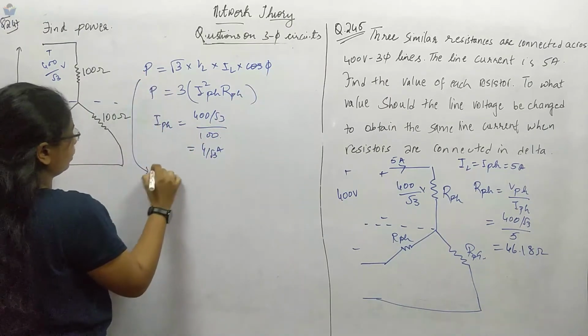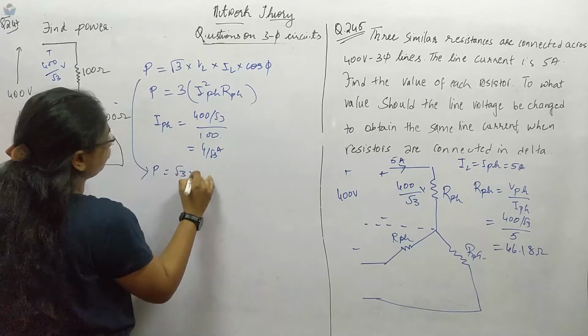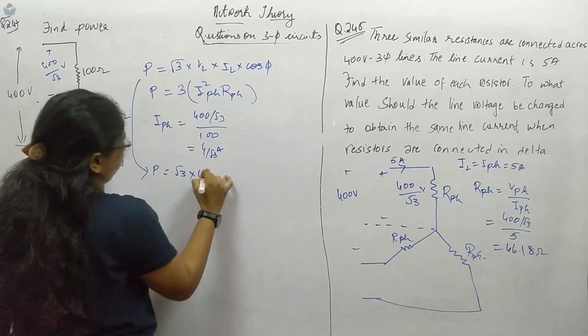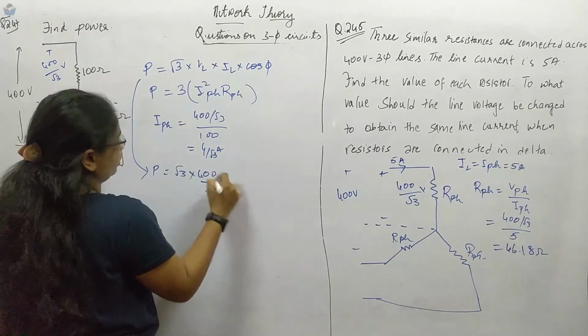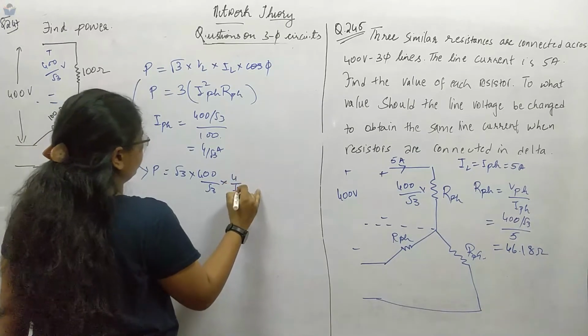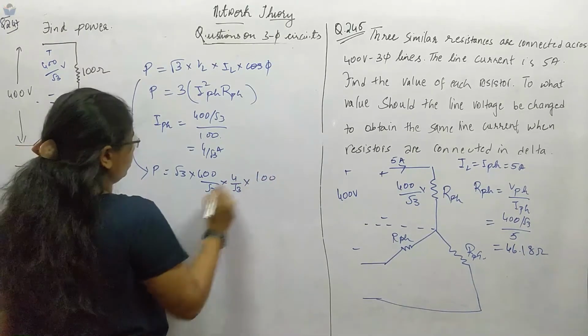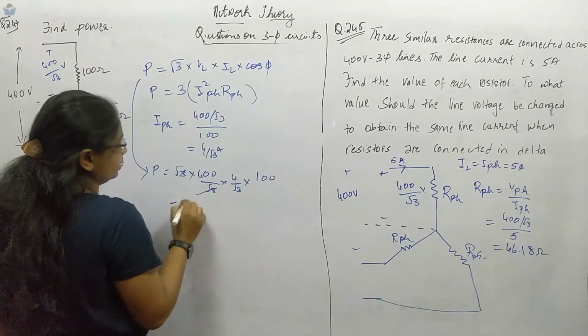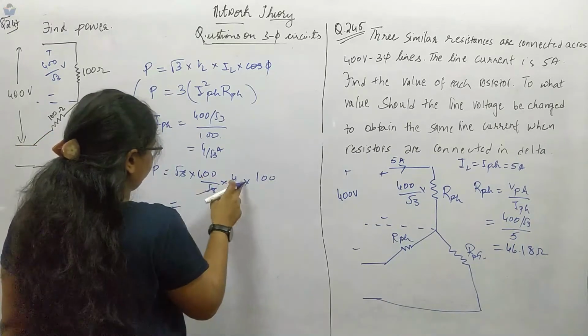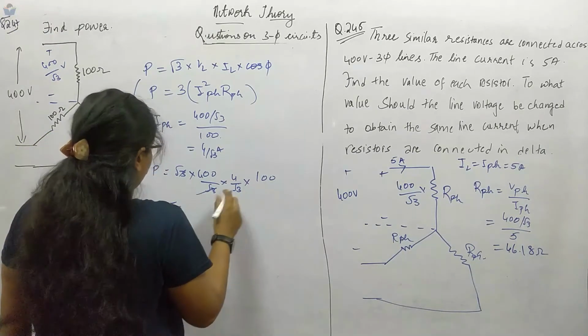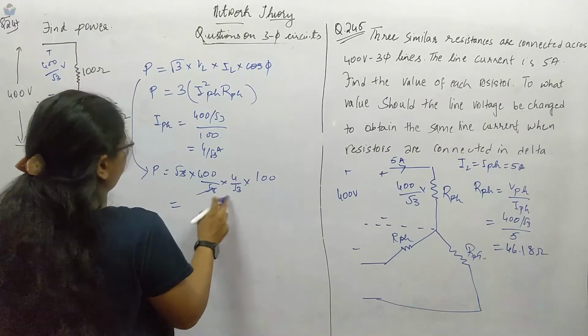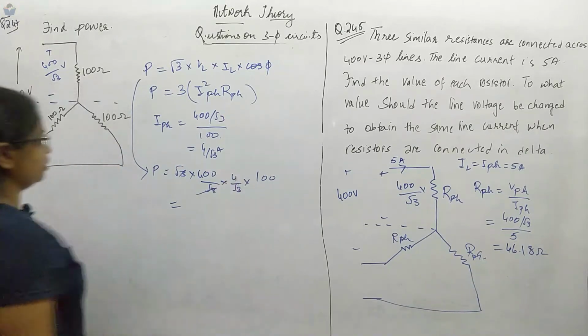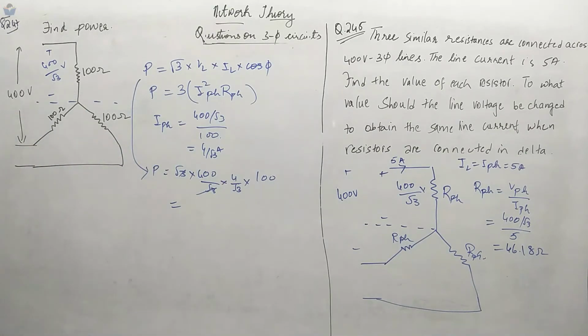So first we will calculate using this formula. VL is 400 by root 3, and this is 4 by root 3 times 100. So the root 3 gets cancelled. Okay, so over here 400 into 4 is 1600. And is this correct? VL, VB, VR. Then when you solve this one, you will get this to be